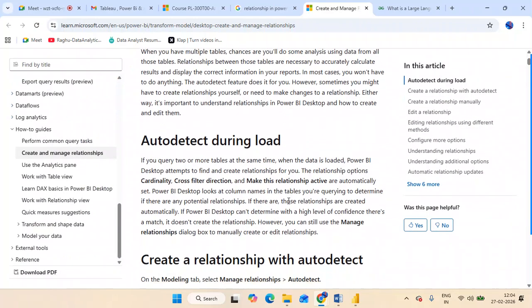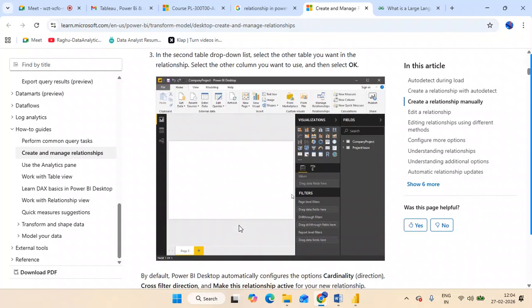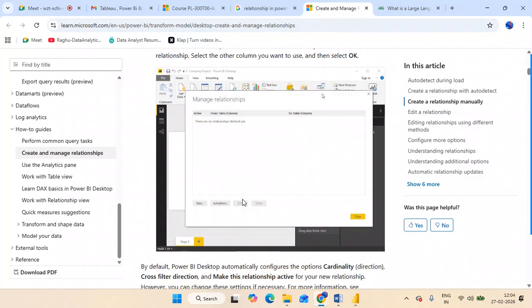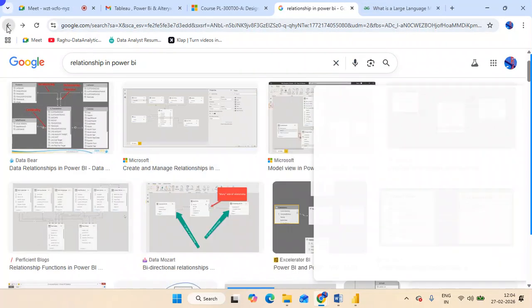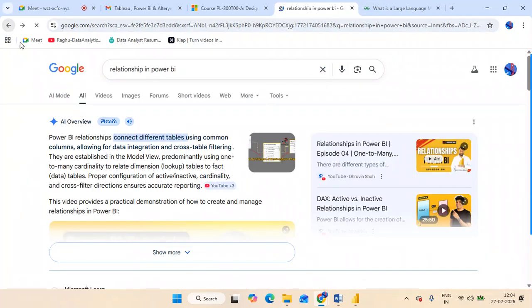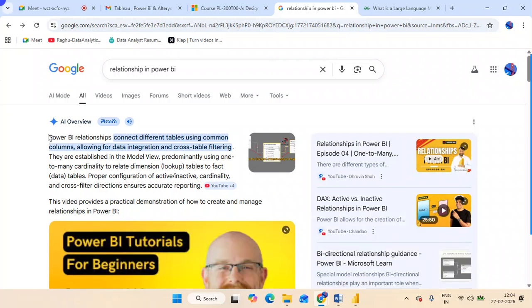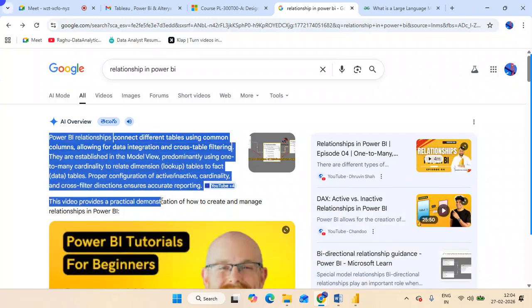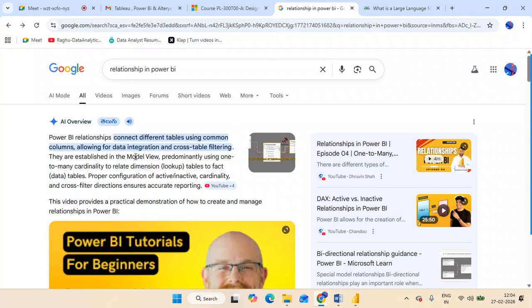Even if you are very fresh and don't know Power BI, you can understand that he's connecting. There are tables, there is a connection, so that is how the basic thing is happening. That's how you can save some time. Reading something like this would take half an hour or 20 minutes, but you can grab all the things within 10 minutes.